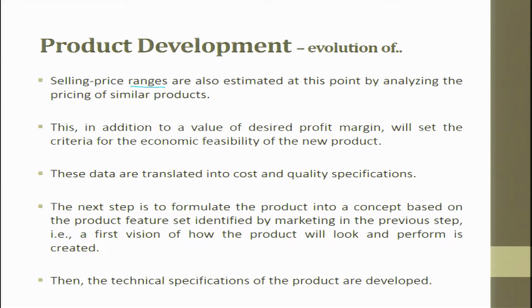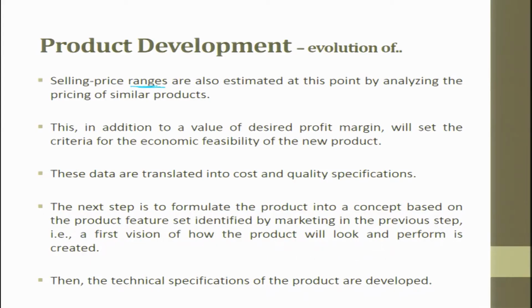South Indian once in 2 days, so he would like to give more for the machine whatever I develop. But North Indian will say, I have only once in a week, so I am least using it. So I would like to give only X as the money, whereas people in South who have a daily requirement might say X cube will be the price I could give. So first I have to ask them what is the price range. That also has to be estimated at this point by analyzing the pricing of a similar product.